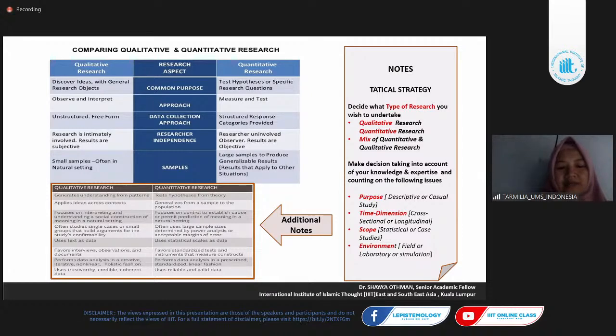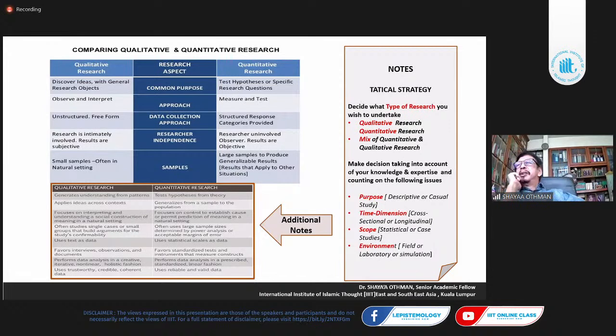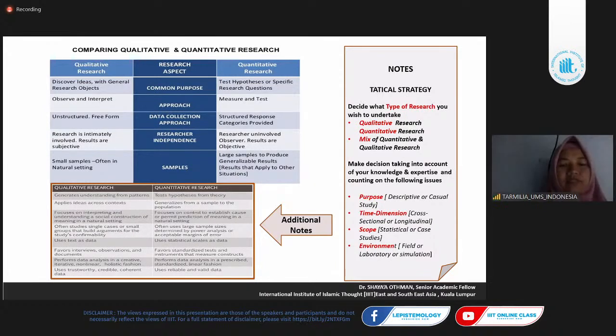Maqasid Syariah is included to protect the health. So in psychology terms, it is material and psychology related. Maqasid Syariah, yeah, Maqasid Syariah to protect the health. It means that we have to protect material and psychological.